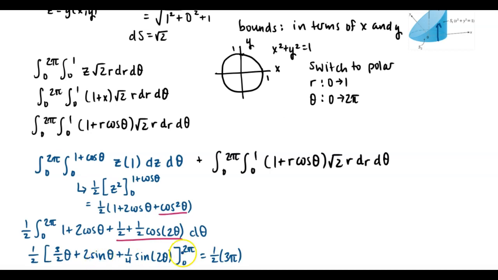We know that the sine of 2 pi, the sine of 4 pi, the sine of 0, and again the sine of 0, all of this is going to be 0, and so this is just going to give us 3 pi over 2. And so let's add that to what we get over here for this third surface. So if I simplify this, I can bring the root 2 out front,